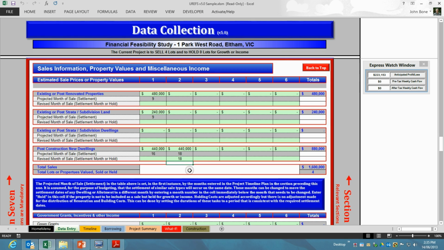As you might remember, at the beginning of the data entry sheet I entered values for income and expenses in relation to hold properties. So rather than change that month to 18, I can simply type in the word, hold, on the assumption that we want to hold this particular property for cash flow or growth. You will see immediately that this changes the watch window to indicate an anticipated loss, in this case of $204,000, but the outcome in holding this particular property will give us a cash flow positive result of $364 a